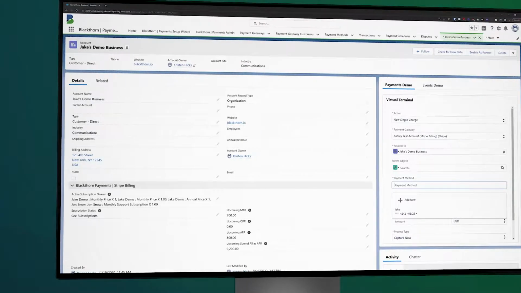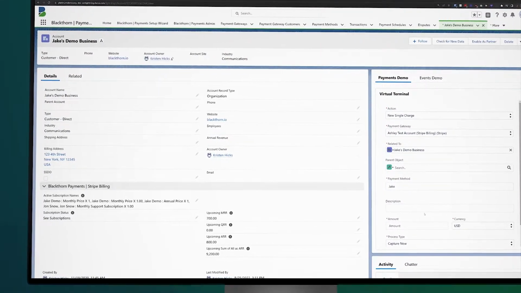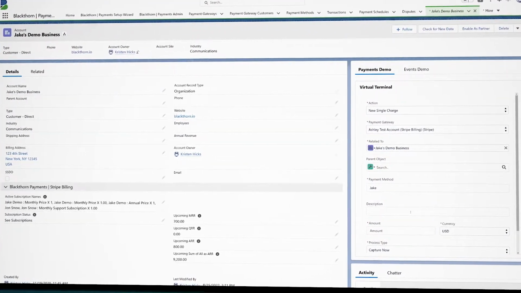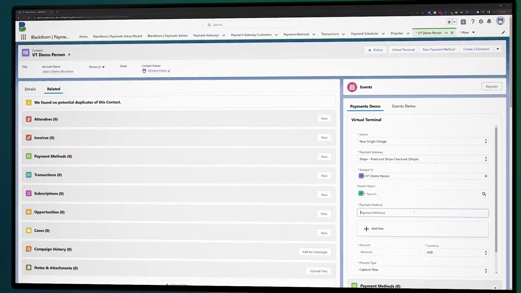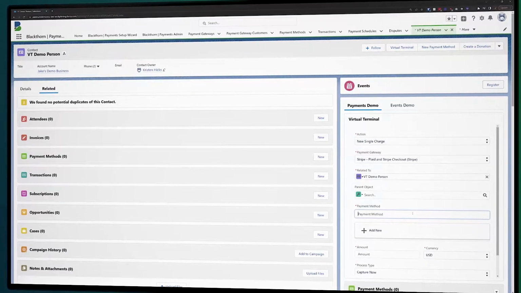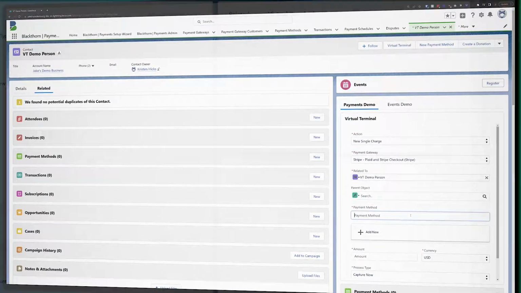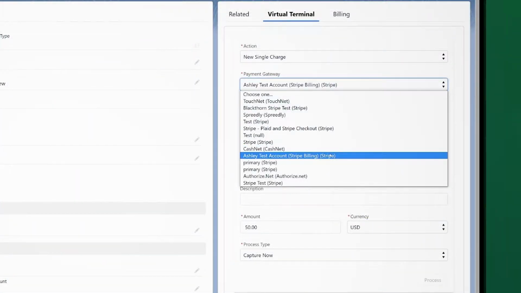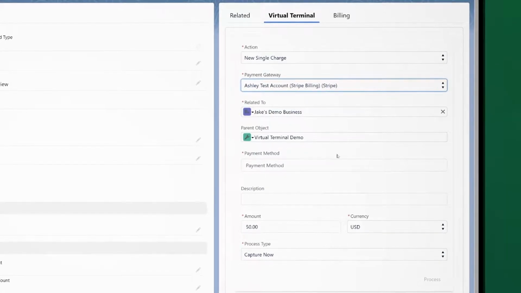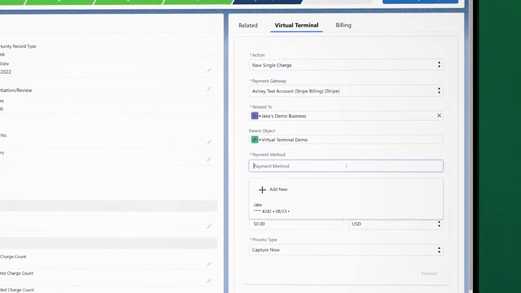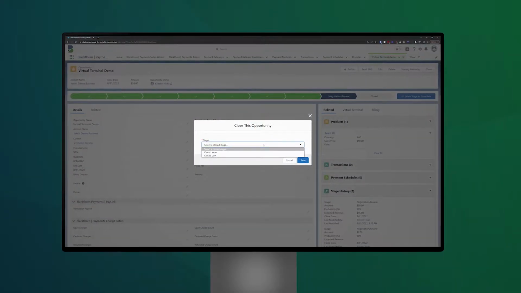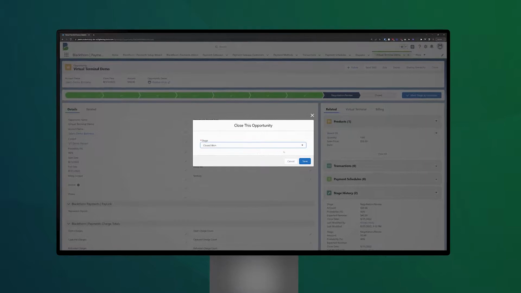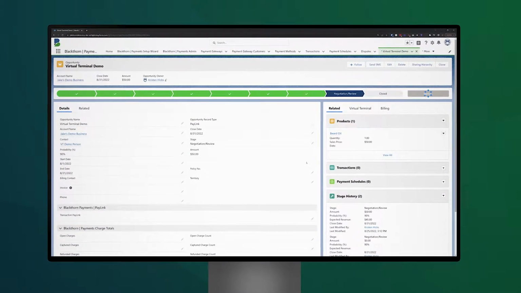Processing payments in Salesforce can be a hassle, especially if you're using third-party tools or connectors. This vital part of your business shouldn't take multiple steps that can waste time and add extra room for clerical mistakes. That's why we've created the virtual terminal, one of the standout features included out of the box with Blackthorn Payments. With the virtual terminal, you can create and immediately tokenize new payment methods and capture PCI-compliant payments in person